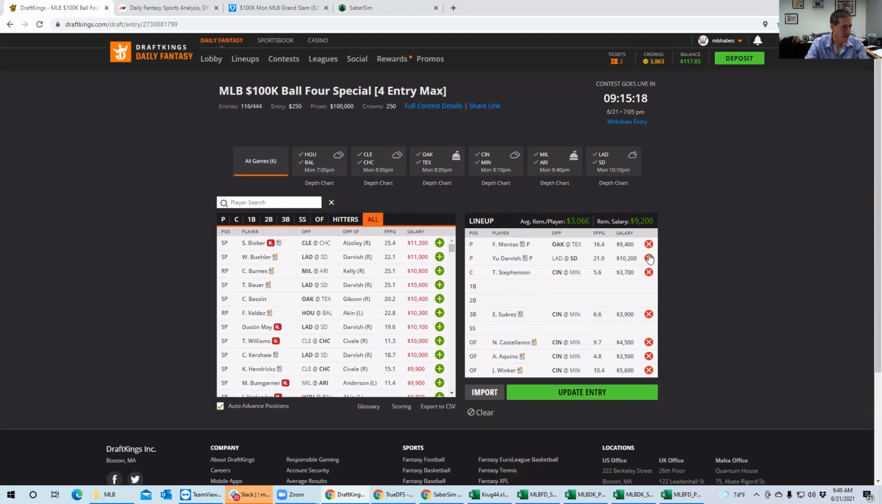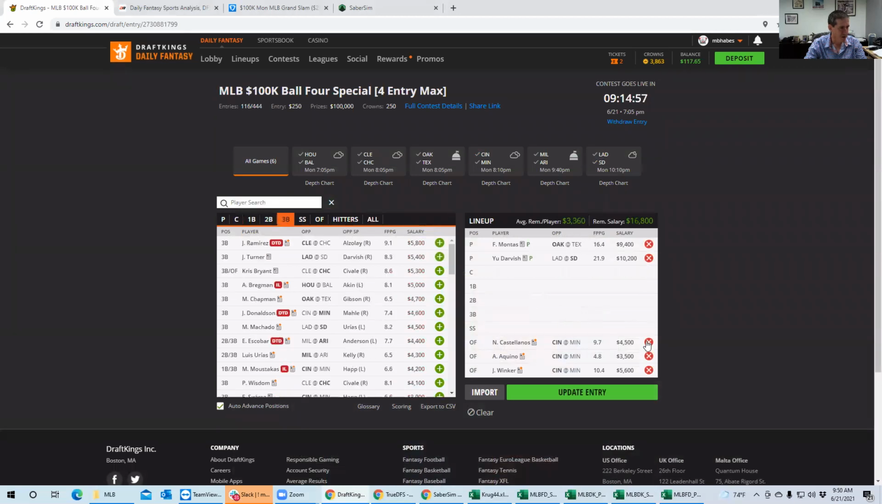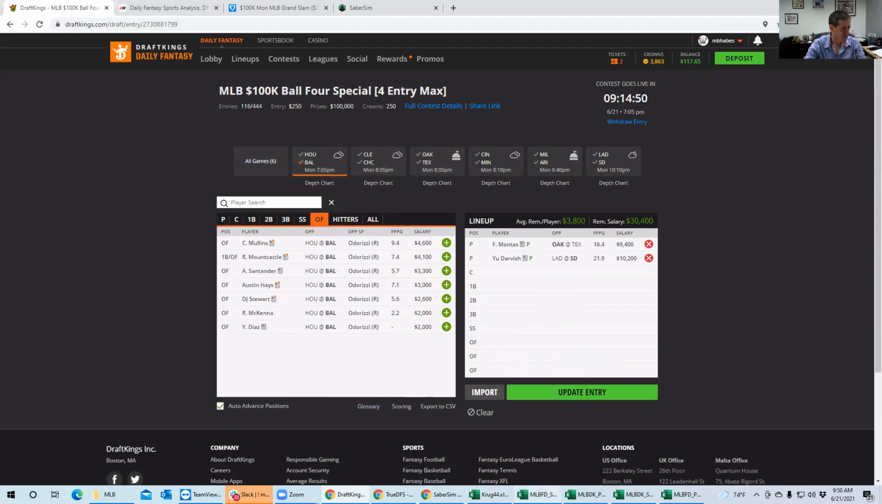Okay, but the thing is, it's not so much the price that you have to save; it's more the ownership, right? So I would rather go with the lower-owned pitcher and then pay up for hitting, which might be low owned also over here. That's just my opinion. If you wanted to play, for example, Montas and Darvish, to show you what the Baltimore thing would look like,